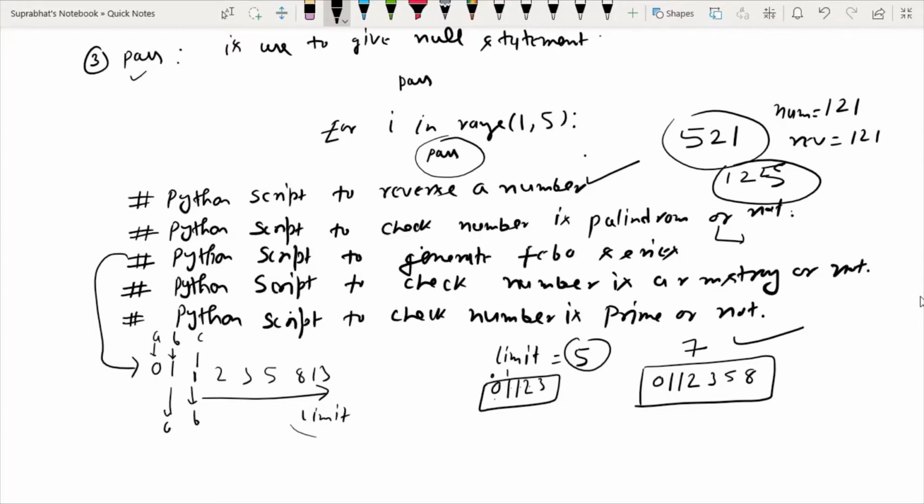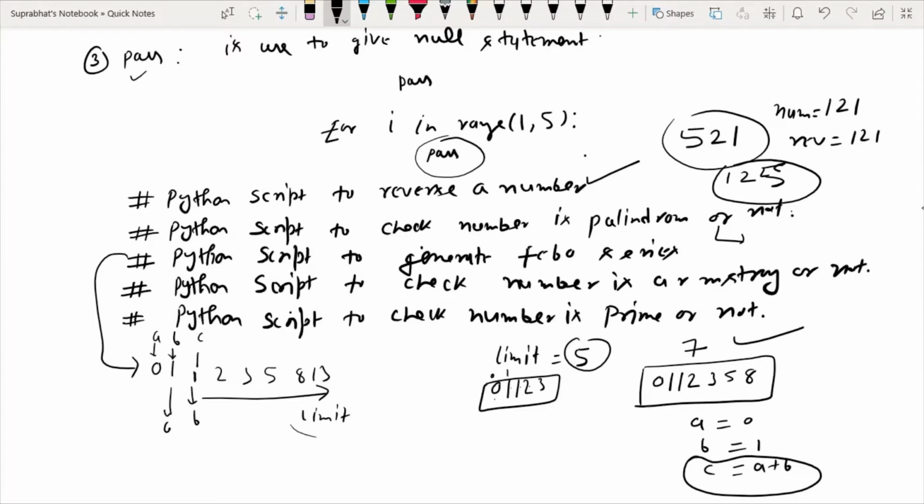Its initial value A you will take as 0, and the initial value of B you will take as 1, and you will do C equals A plus B. C equals A plus B is a repeating task. So you have to repeat this logic in a for loop or while loop, and you have to develop your logic so that you give a termination condition.